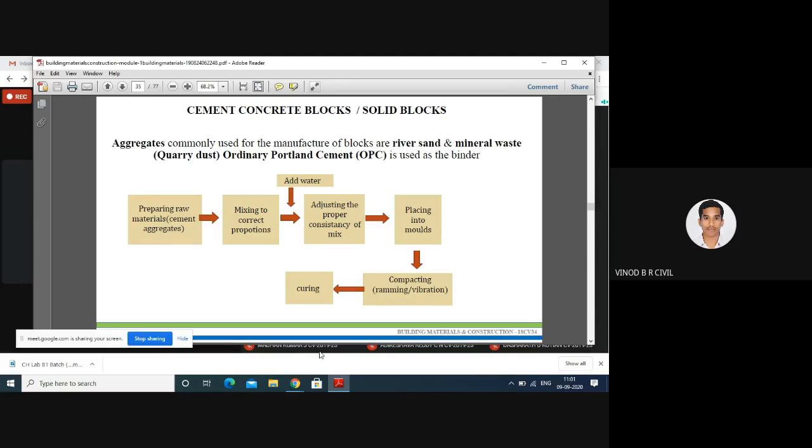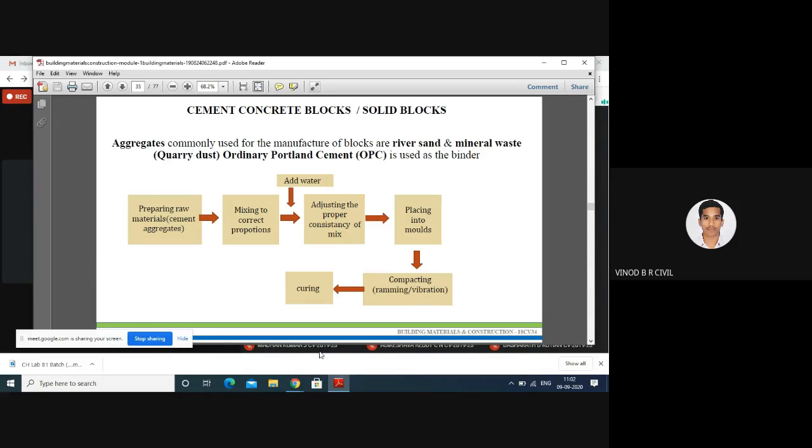And next one is the cement. Cement and aggregates are the major raw materials for the manufacturing of solid block or concrete block, mixed in the correct proportion. I gave the example in the last slide: 1 is to 6, 1 is to 8, 1 is to 10, like that. If you increase the percentage of fine aggregate, you can't expect good strength. The cement to aggregate proportion should be good, like 1 is to 4, 1 is to 6, 1 is to 5. When the proportion is good, our mix design proportion is correct, then we can get the correct strength of aggregate.